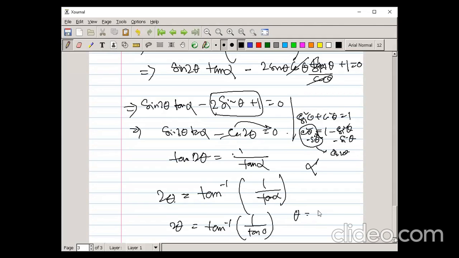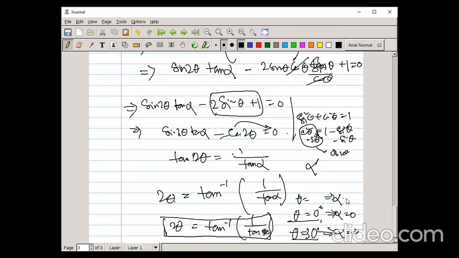So from this we get theta is equal to, first one is 0 degree. Then if we put alpha is equal to, second one is given 30 degree, na? So put 30 degree, tan inverse of 1 by tan 30. Second one is for alpha is equal to 30 degree, theta is equal to also 30 degree. Just put this value, you will get the result. And this is for alpha is equal to 0 degree. This is for alpha is equal to 30 degree, and this is for alpha is equal to another one. How much did they ask?